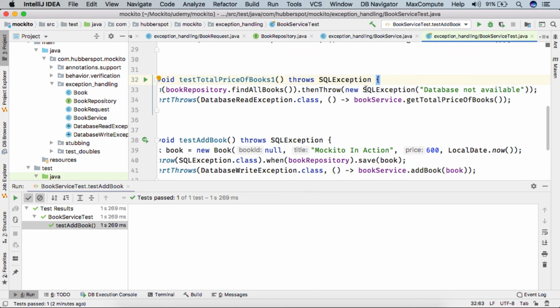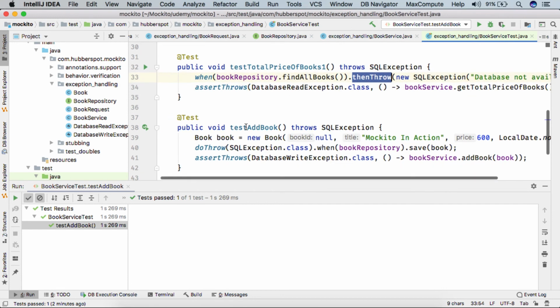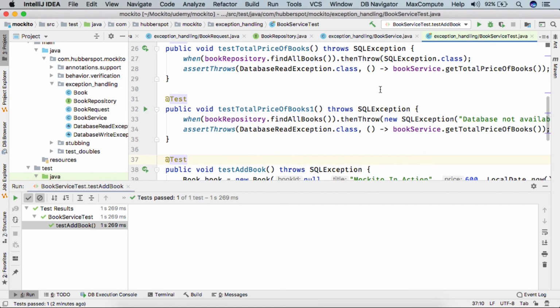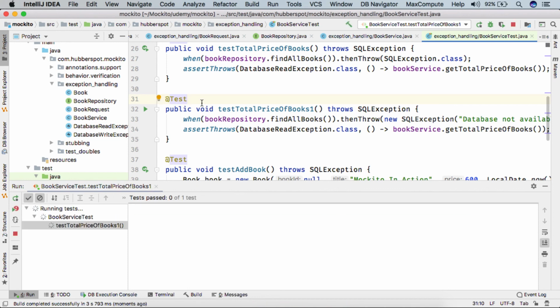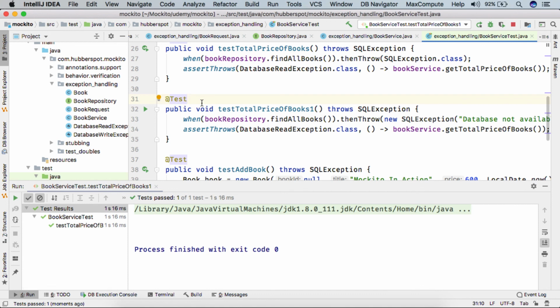So we can also use the new operator in the thenThrow method and also in the doThrow method. Both ways work fine. If I run the test case, you can see the test case got executed successfully.